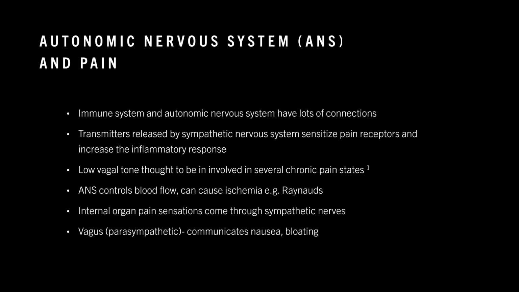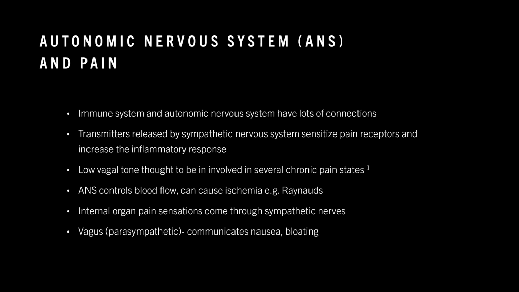So just in terms of the autonomic nervous system, low vagal tone is thought to be involved in several chronic pain states, fibromyalgia, of course, being the poster child for that. And that's why everyone knows what box breathing is, probably around here. The autonomic nervous system controls blood flow, so it can directly cause ischemia and pain, like in Raynaud's phenomenon. Then there's